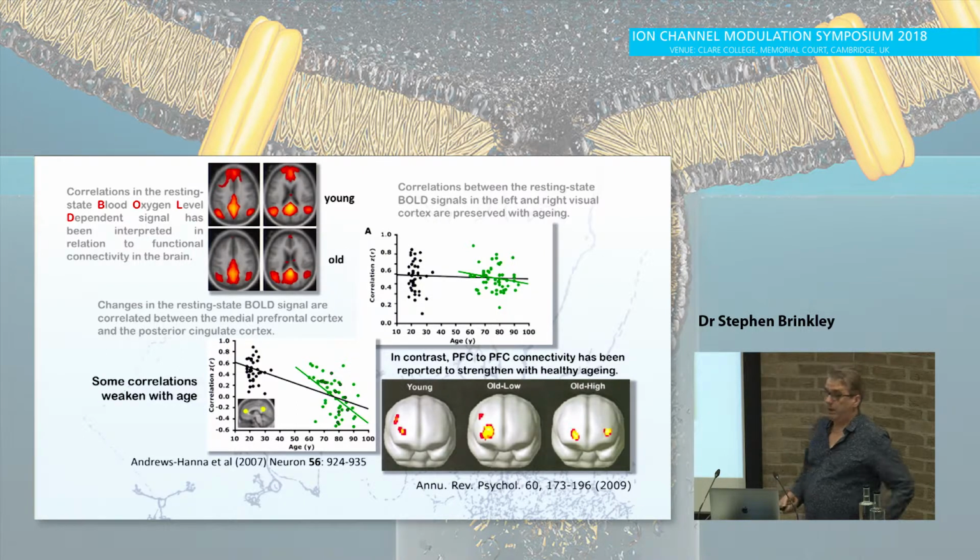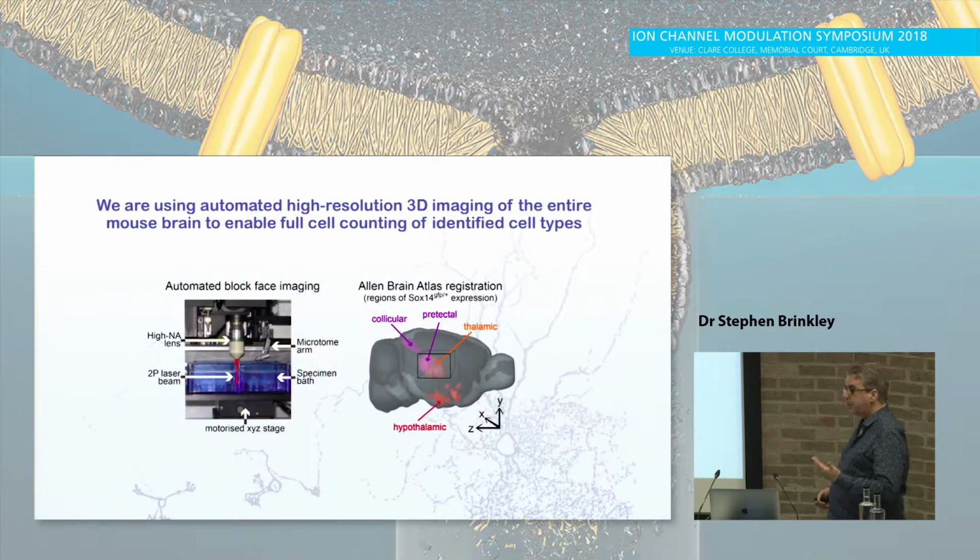This has led to the idea of differentiation of the brain, either de-differentiation or differentiation. Some areas get stronger connected, some get weaker. Oddly, this is seen a lot. With aging, you see loss, you see a more bilateral response in the BOLD signal. It's interesting, it's really fascinating data, but for me, as a synaptic physiologist, as an ion channel person, I want to know what's going on. And that's where the mouse comes in, because I think with a mouse model, all the human data at the moment is just telling us phenomenology, telling us nothing about mechanism.